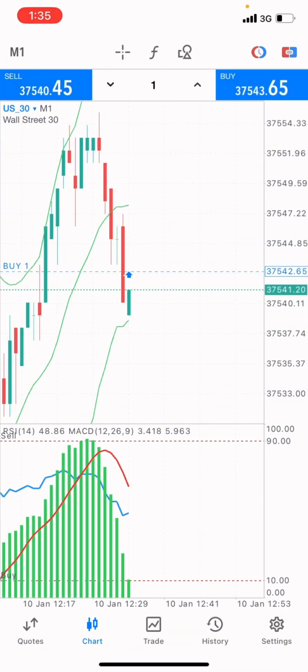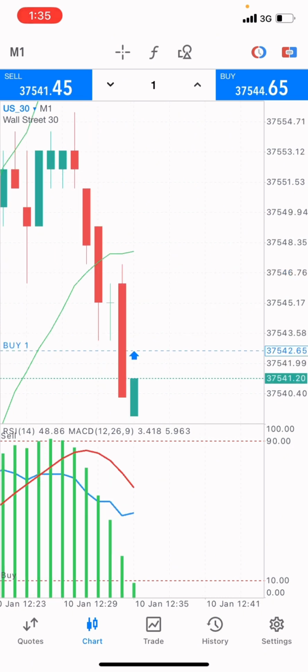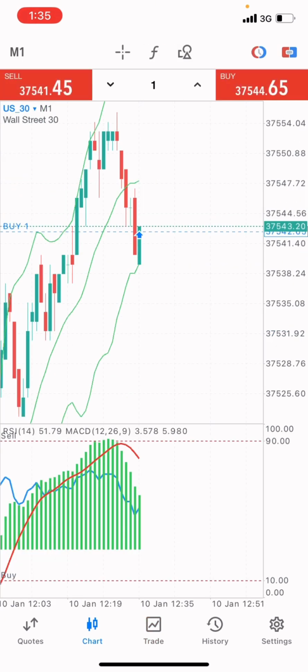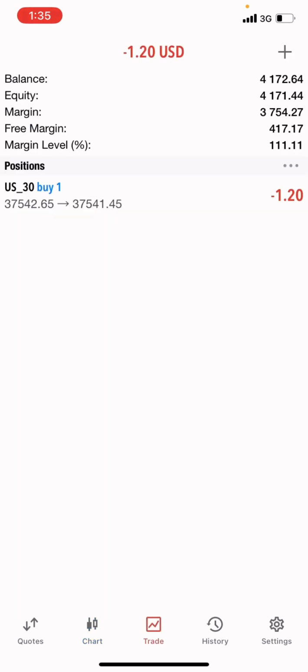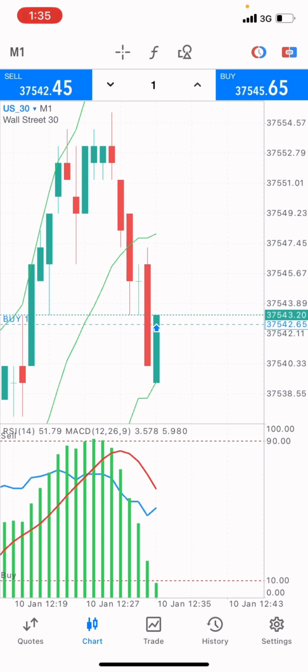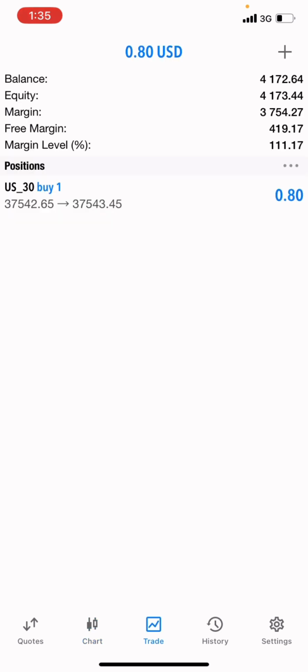I'll place two buys, right? Just place a buy on the 1 minute time frame. So let's see if I can be in a profit, right? Okay, let's see what we can do. Yeah, I think I'm in a profit right now on